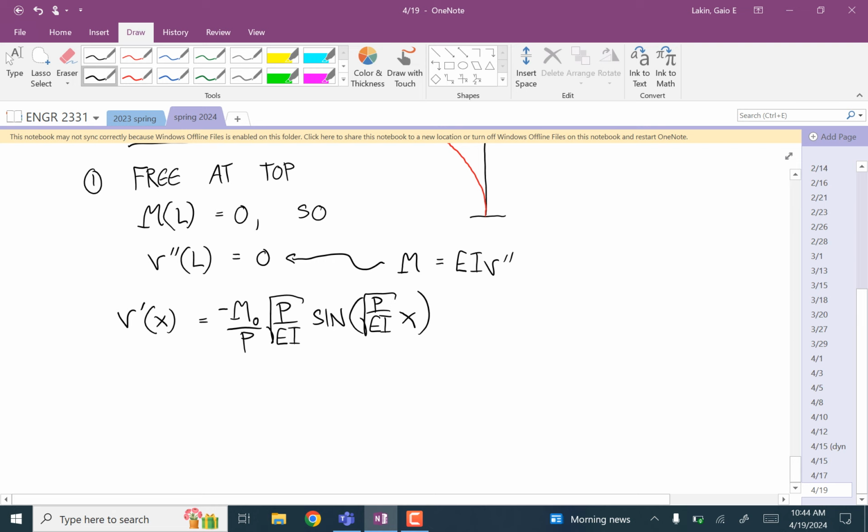The derivative of the constant is 0. And now I'll take a second derivative, and I get negative M sub 0, I'm multiplying by another P over EI, so the P's cancel, and we get negative M sub 0 over EI times the cosine